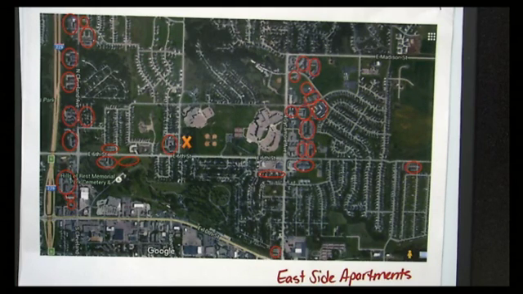At the meeting that we had at the library, it wasn't determined completely yet whether it's going to be low income, but I feel like all the low income are coming to the east side. I don't understand why they're all being pushed to the east side, which is where I live.